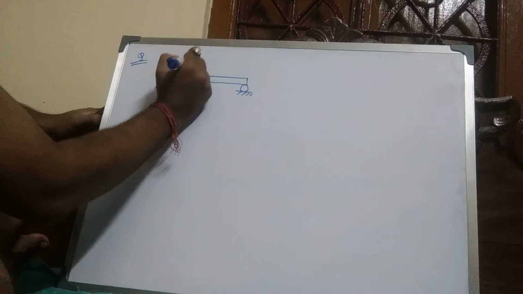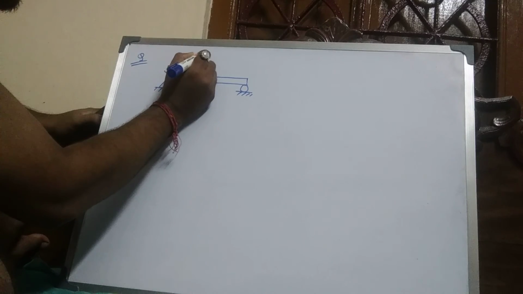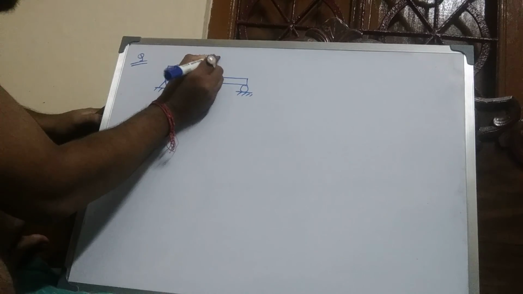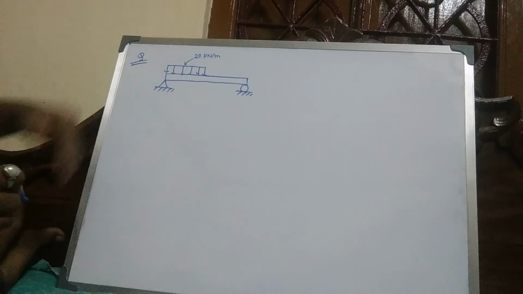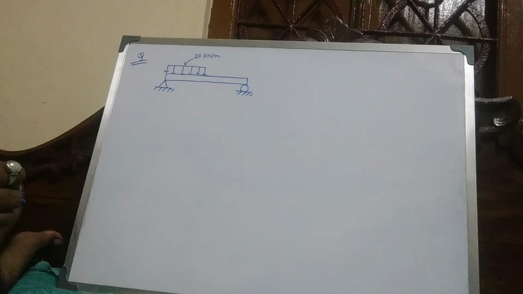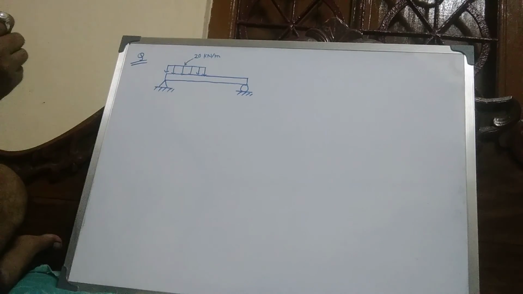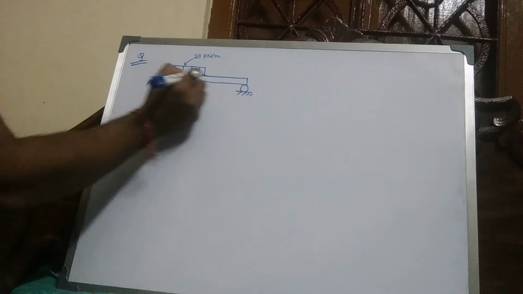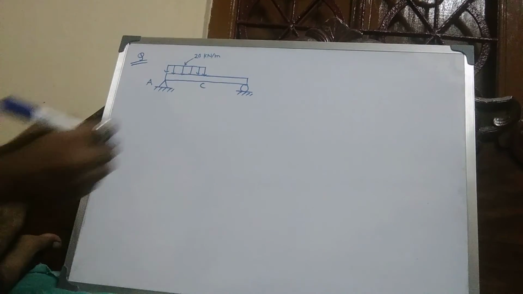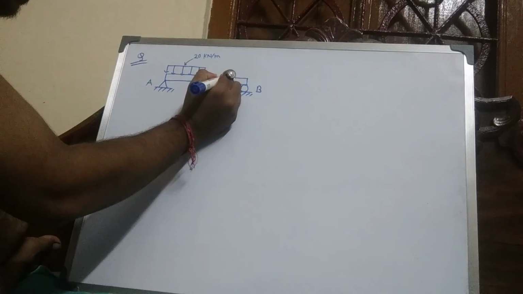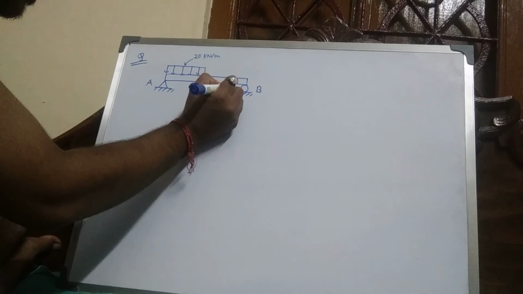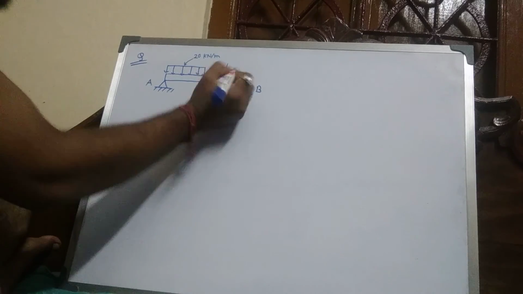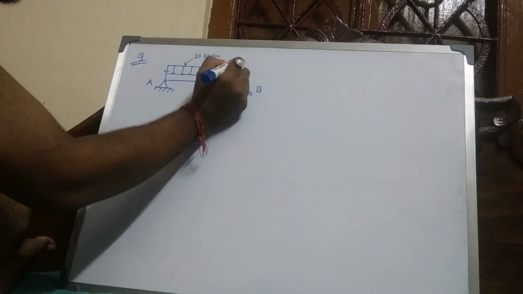This is 20 kilonewton per meter, the intensity of load, and this is point A, this is point C, this is point B, and here another point D. Here a point load, this is a point load of 20 kilonewton,